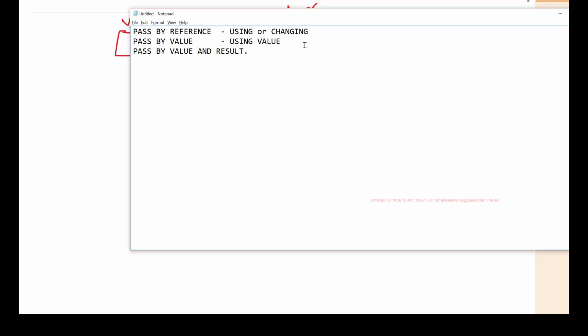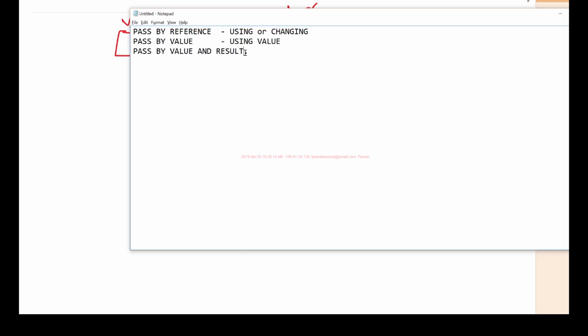If I pass by value, then the original is never changed even if the condition is met. But if I pass by value and result, then I have this opportunity where I can make a copy of the original data, work with the copy, and if everything goes well, then I can update this changed data back to the original memory. So that we can do by using this value and result.